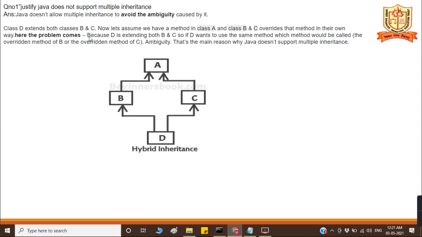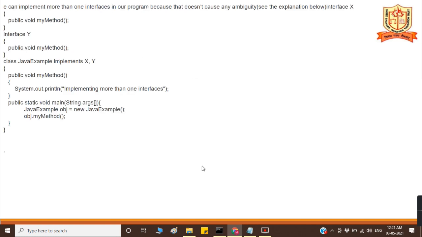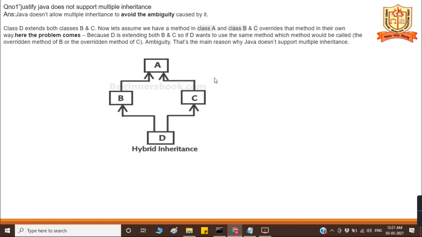Here the problem comes because D is extending both B and C. So if D wants to use the same method, which method will be called, the overridden method of B or the overridden method of C? Is it clear?